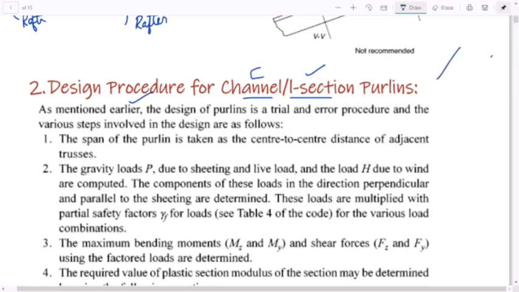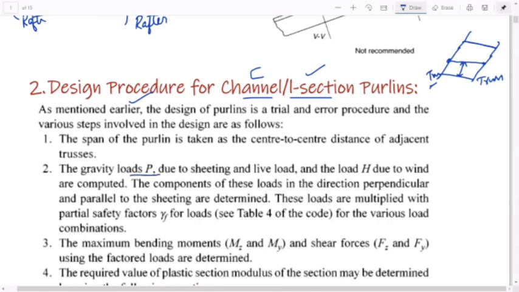So as I told you, this is a rafter, this is a rafter. This purlin is the horizontal member passing from one rafter to the other, right? And this purlin from here to here, center to center distance. This is truss and this is another truss, center to center distance. And spacing also, we have number of purlins here, okay? And center to center distance is the spacing of purlins.